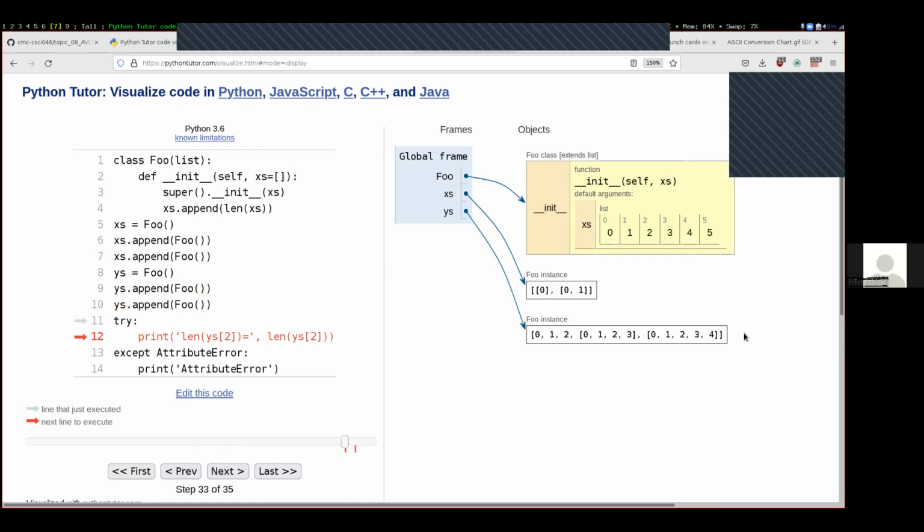Pause that there. The things that got added to our foo instance over here are more lists right here, but position 2 hasn't been modified at all. And so our final output, scrolling up to the